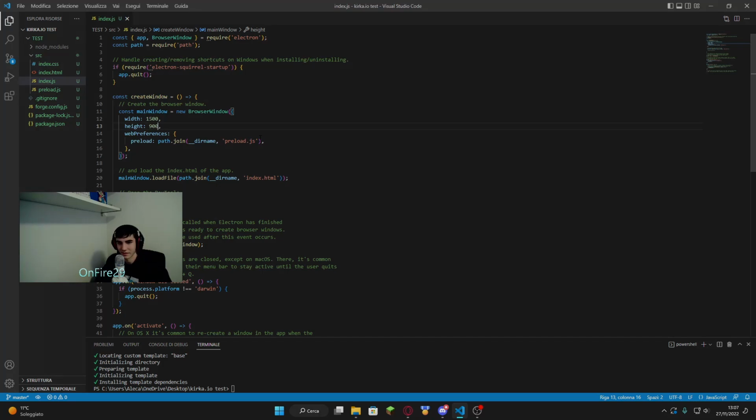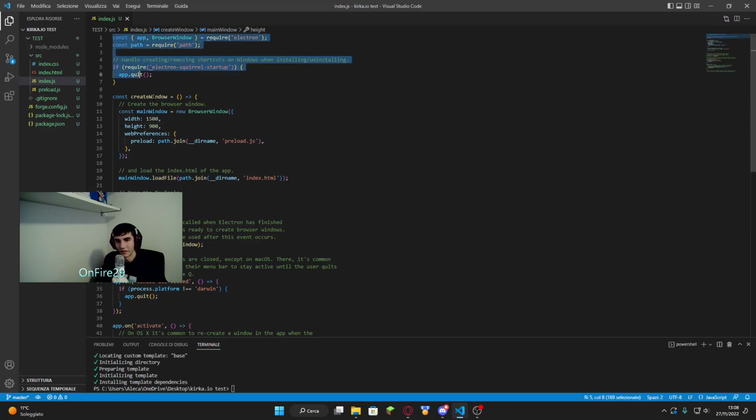That is just an example. There is a little thing that you actually need to know. The mainWindow loadFile. This is going to open the index.html that you have right there, but you don't really want to use the HTML right here, right? So,